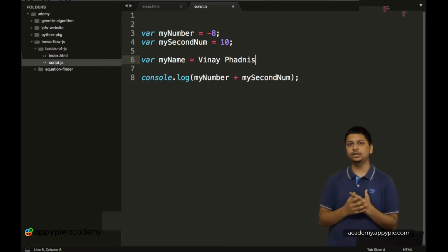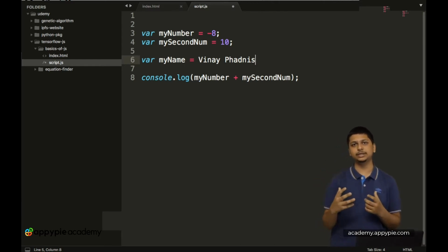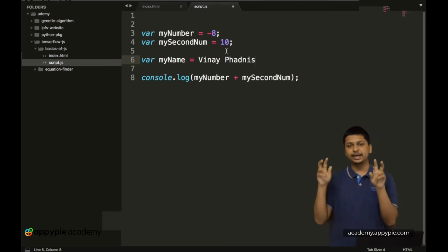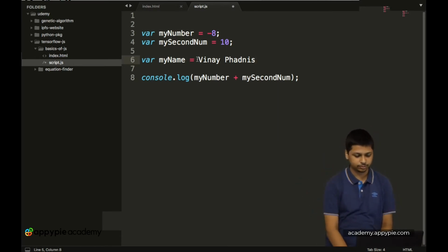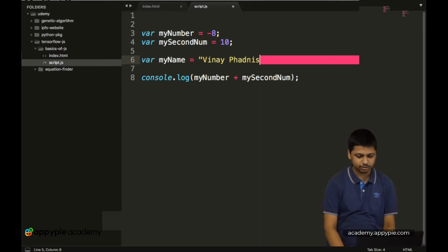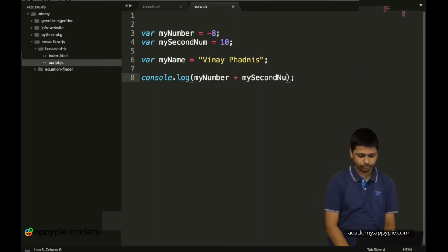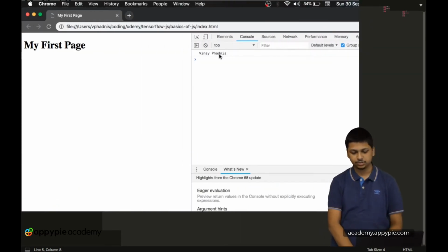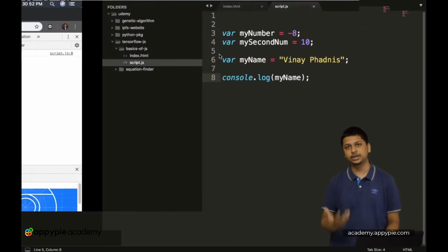Whenever you are declaring any string in JavaScript, you have to add double quotes. So let's add double quotes over here and here. Now let's print out myName.